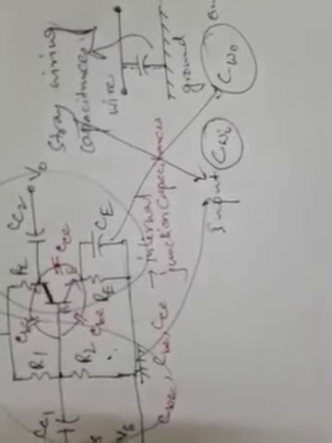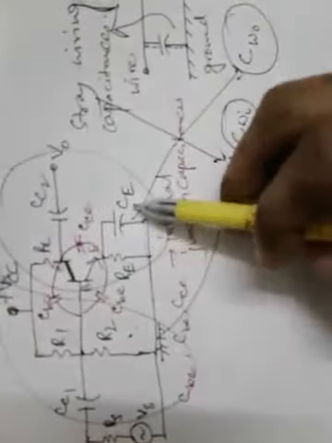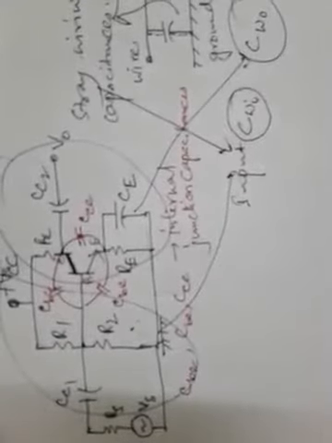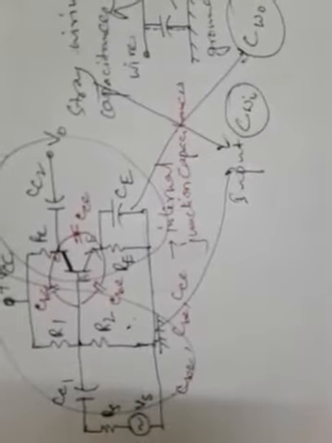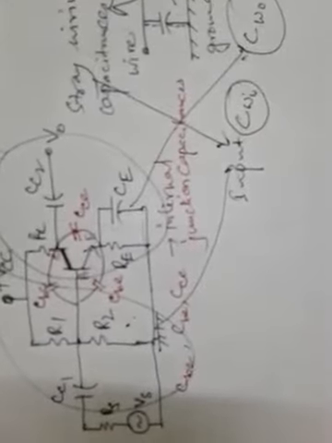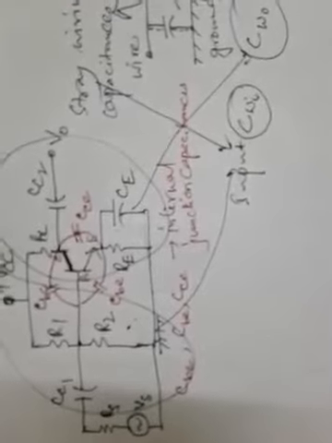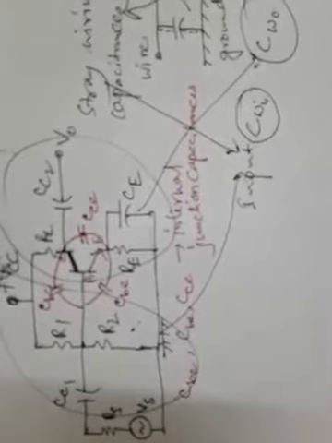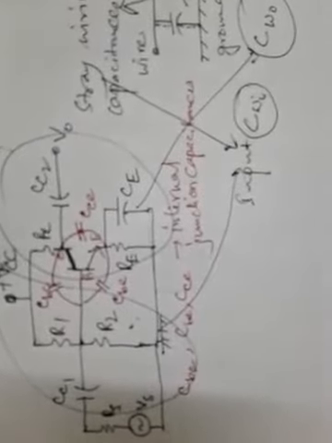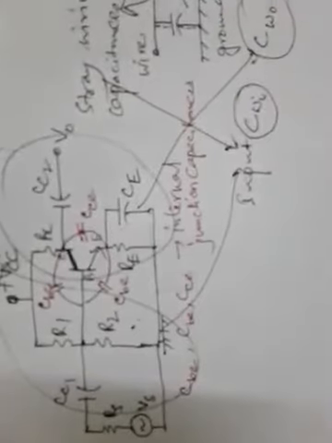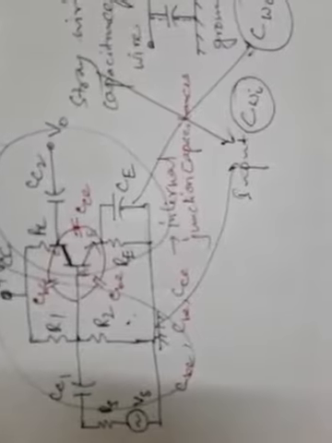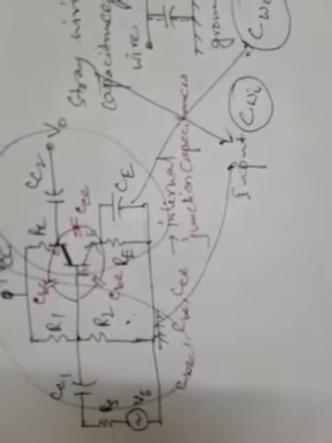Now in this high frequency response, CC1, CC2 and CE will not pose any problem, because they will become short circuited and act like a short circuit, so they will not provide any problem at high frequency response. But who will create the problem for high frequency response? One is these two, CWI and CWO, the stray wiring capacitances, and the other is the junction capacitances, the three junction capacitances.